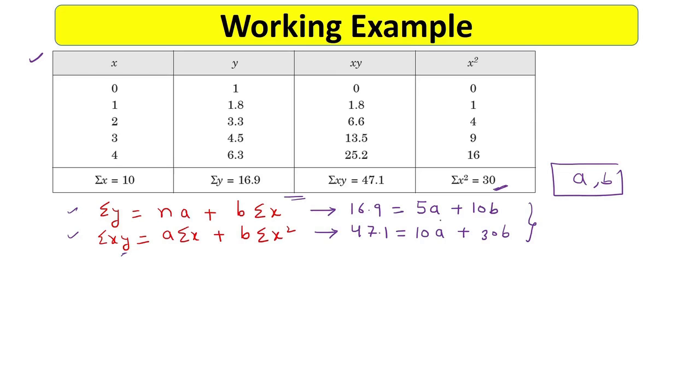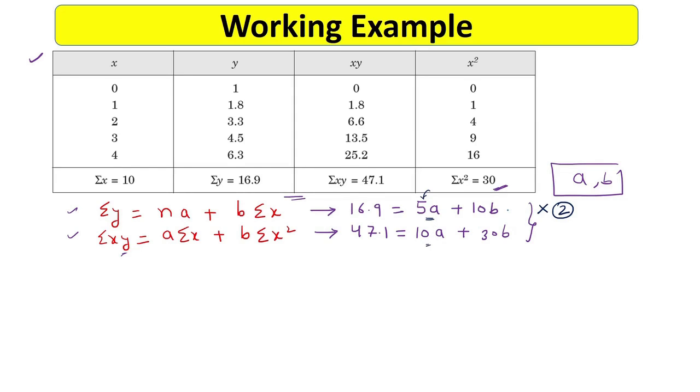It is very easy. To find the values of a and b, you can use any method. You can use, let's say, the Gauss elimination method, any row transformation method, or any simple method that you studied in your school days. Okay, so I will multiply this equation by 2. This will become 10a, and after that I can cancel out this 10a by this 10a. In this way I will find the values of a and b.